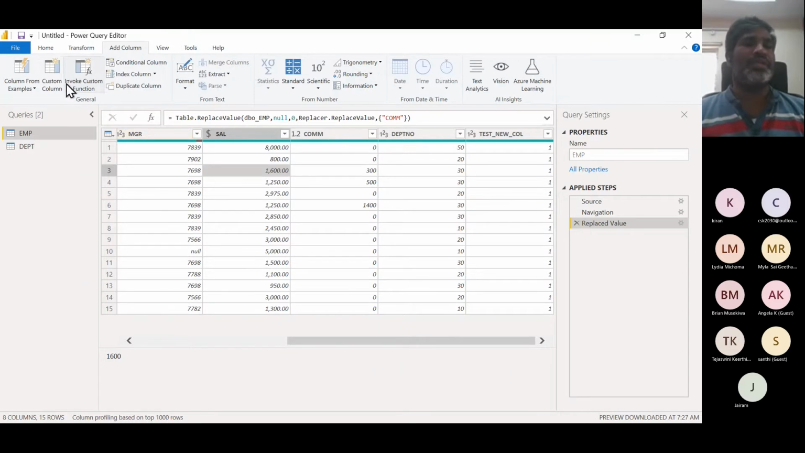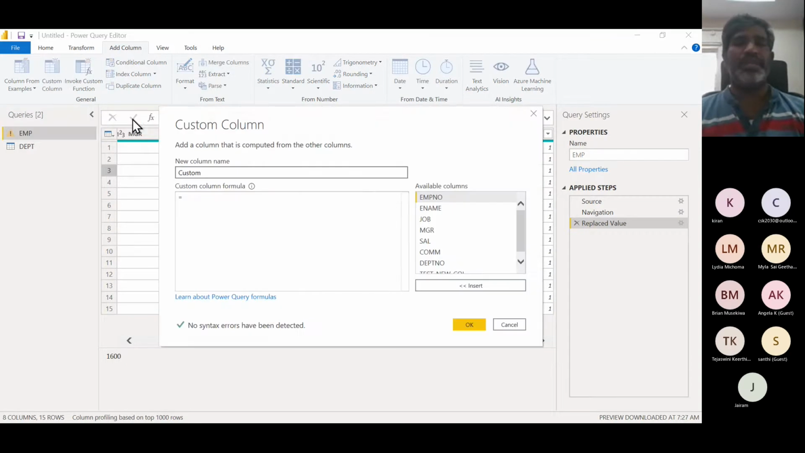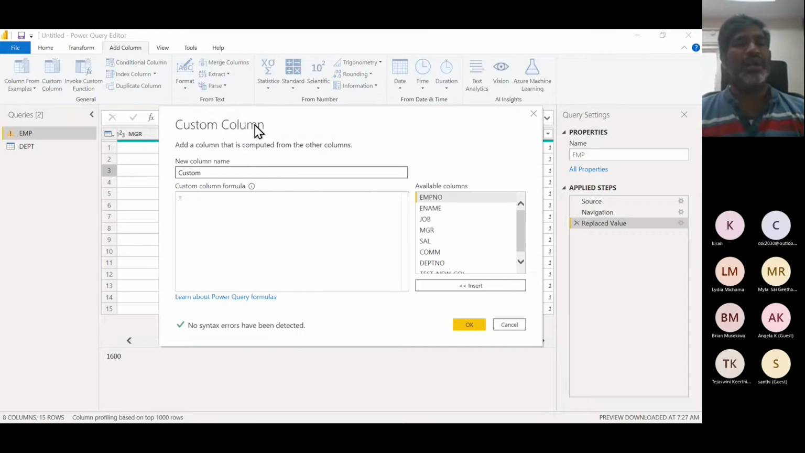There you can notice we have the Custom Column option. I'm selecting the Custom Column option. Then it is asking for a custom column: add a column that is calculated from the other columns. Now we are going to this custom place. I'm putting here Total